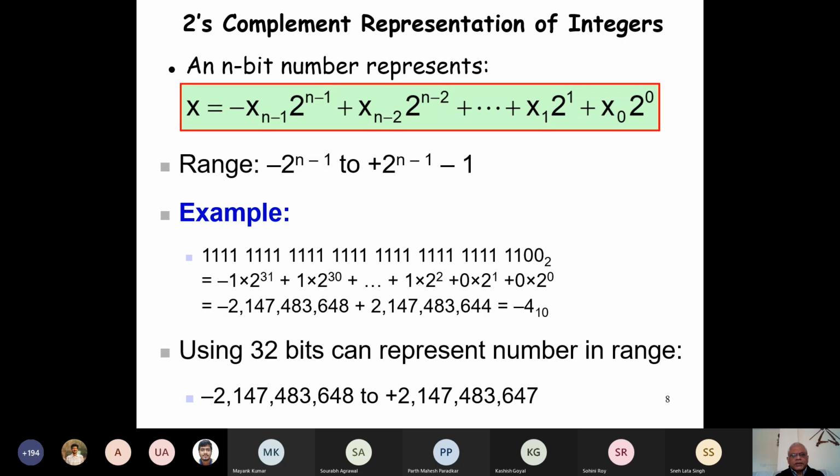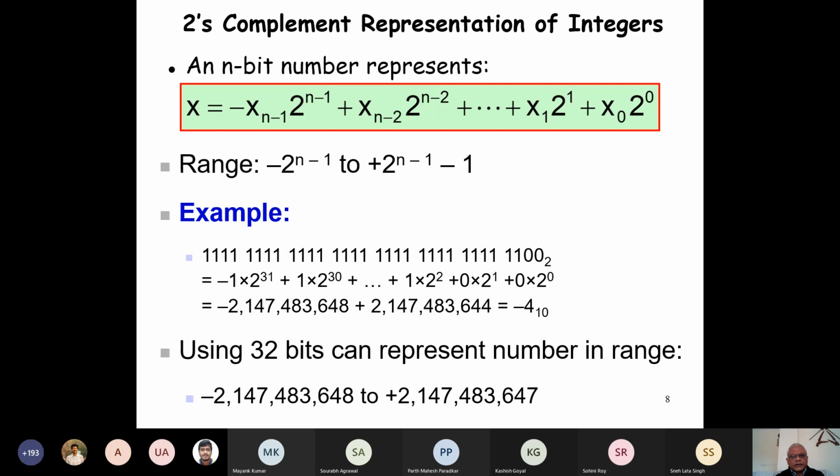And for 2's complement integers, we know that the most significant bit is the sign bit. And we give it a weight of 2 to the power n minus 1, and just observe the minus here. So if the MSB is 0, then it's a positive number. But if it is 1, then we have this huge negative number here, minus 2 to the power n minus 1, and these are all positive, see here. So we need to add this to get the negative number.